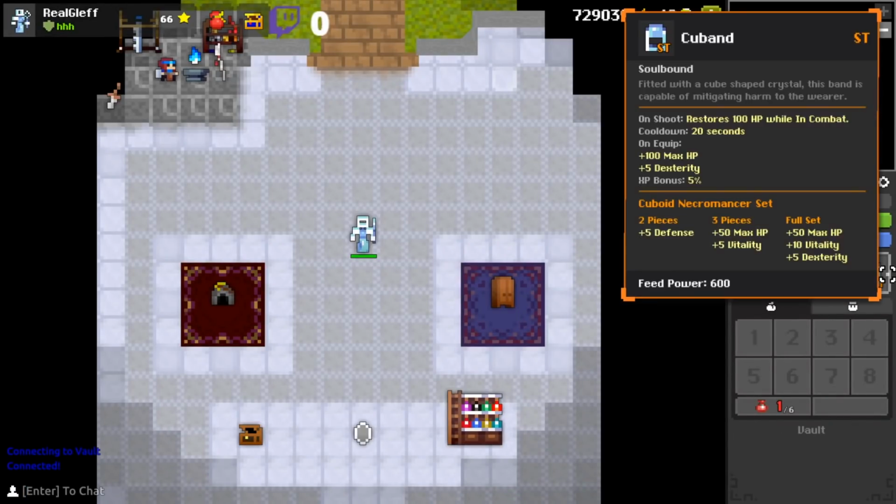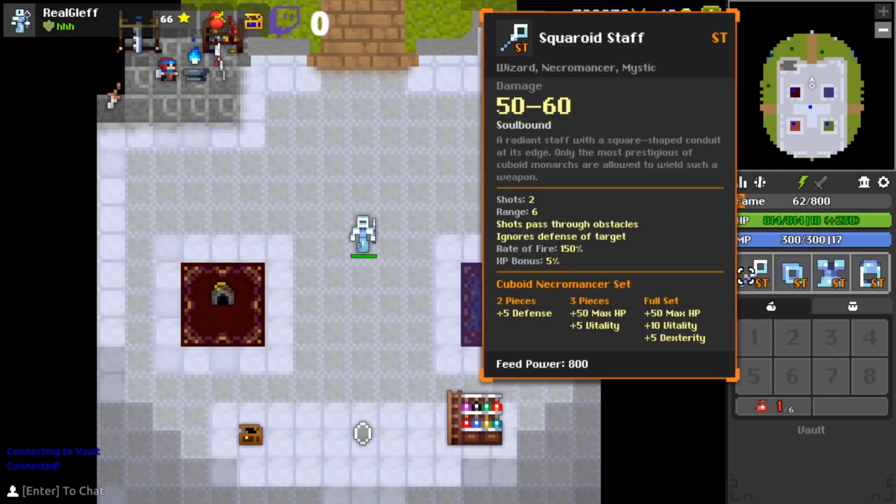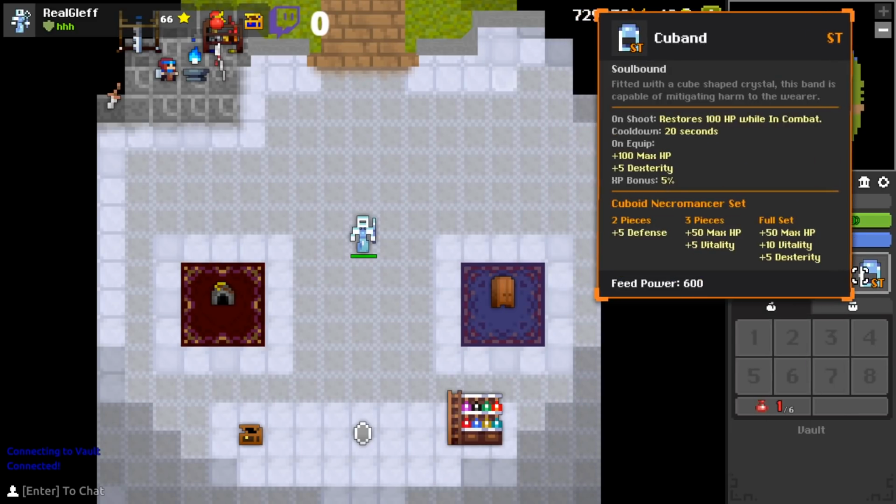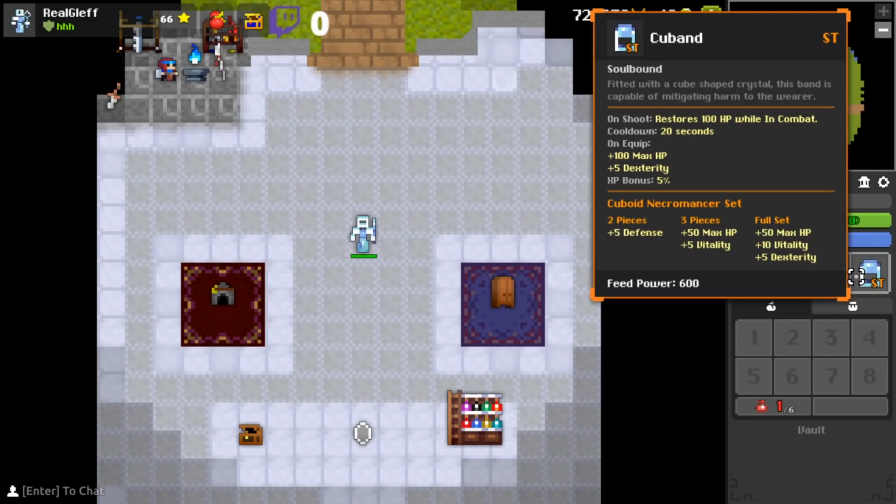And then we have the ring, the Cuboid. I like the small squaroid staff, cubic frame, polygonal garbs, and Cuboid. On shoot, restores 100 HP while in combat, cooldown 20 seconds. On equip, 100 HP and 5 dexterity. So, I think that's a decent ring, I guess, because with the restores 100 HP while in combat every 20 seconds,